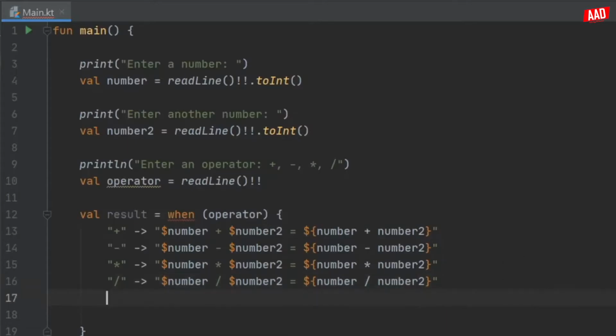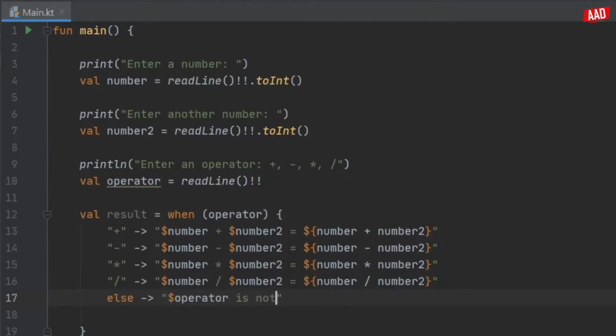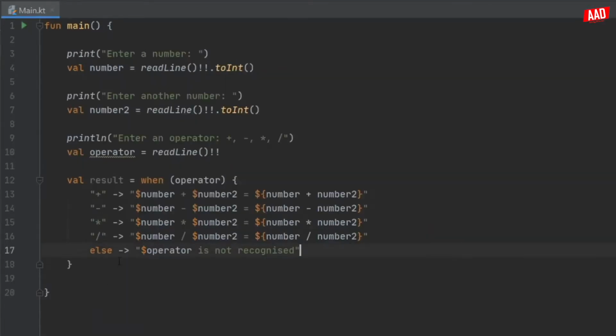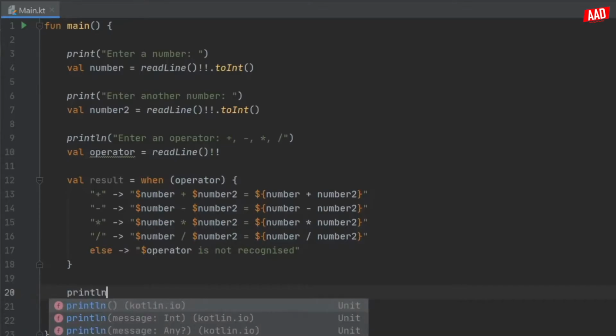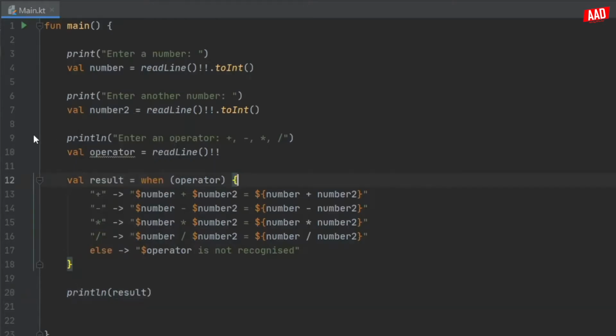And if they enter something that's a bit funky, we're just going to write else, "operator is not recognized". And finally, we need to print this result. So we're going to write down here println, and we can just enter the result. And when we run this program,